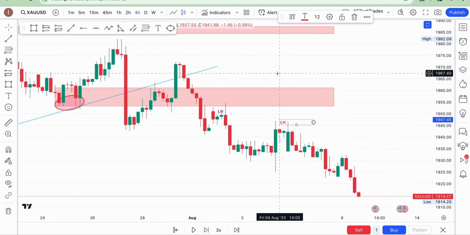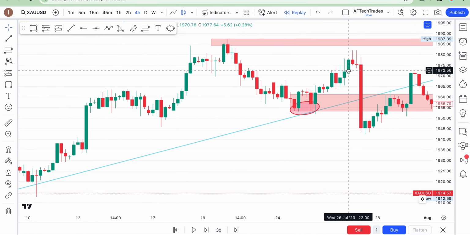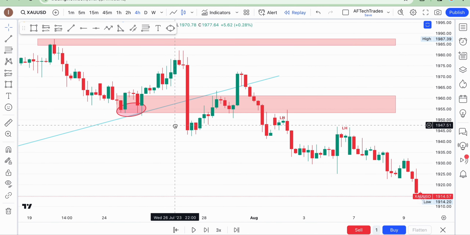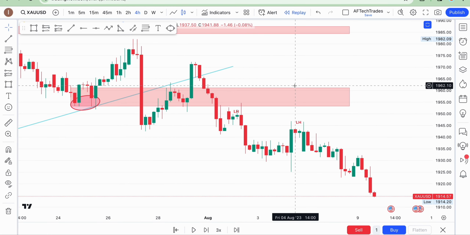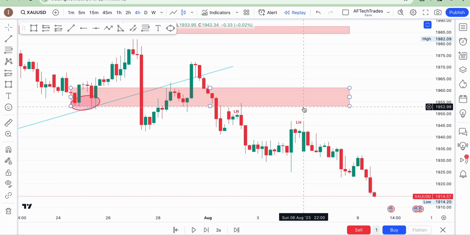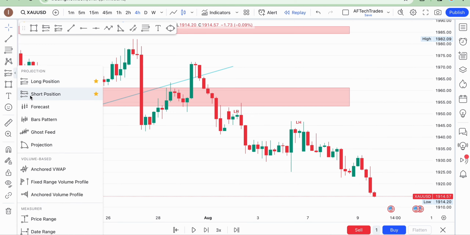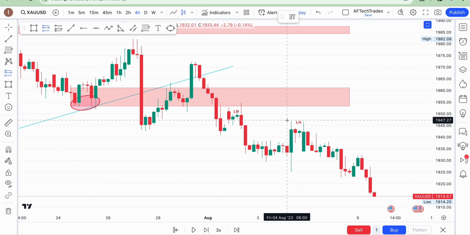We have a change of character here now, because if you notice, we're in an uptrend, like we marked it before, we marked our zones before, right? So now there's a change of character here. We are supposed to be entering for a sell market. We follow the big banks to enter for a sell market as soon as we notice this change of character, right? So we enter for a short around this area.